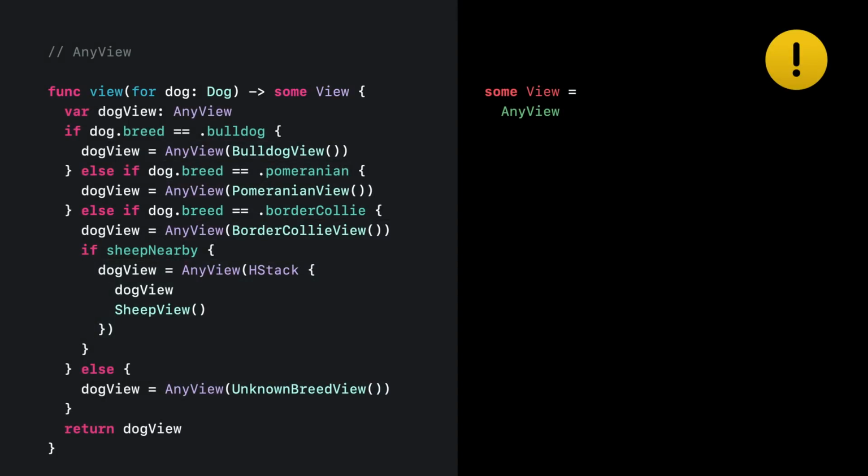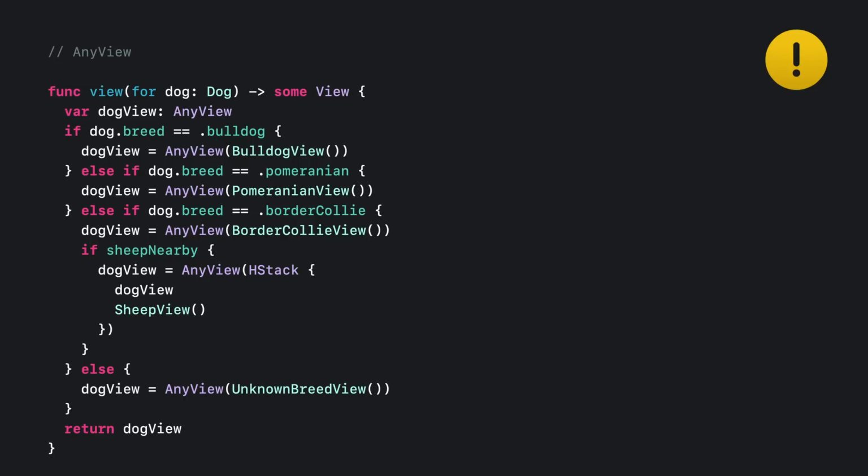This is because AnyView is what's called a type erasing wrapper type. It hides the type of the view it is wrapping from its generic signature. But perhaps more importantly, this code is also just really hard to read for us mere humans. Let's see if we can simplify this code and also make more of its structure visible to SwiftUI.